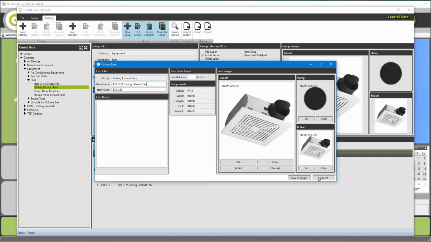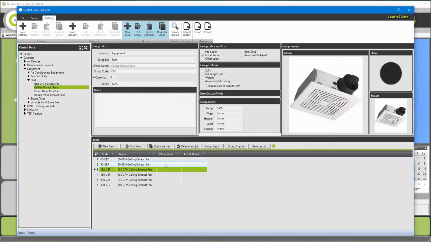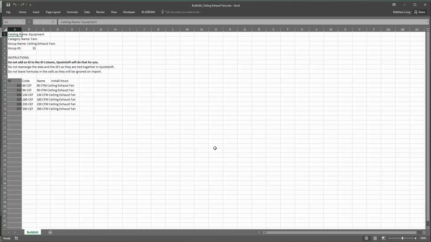There is, of course, a faster way to do this, and that's using Group Export. So it doesn't matter what you have selected on this screen because it's going to export the entire group of items. Just click Group Export up here at the top, and it'll open this list in Excel. This list now has the column for install labor, and I'm going to expand out the name so that we can see the install hours column,